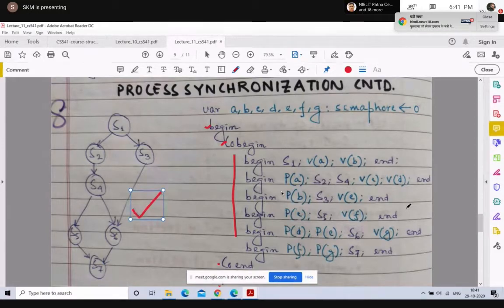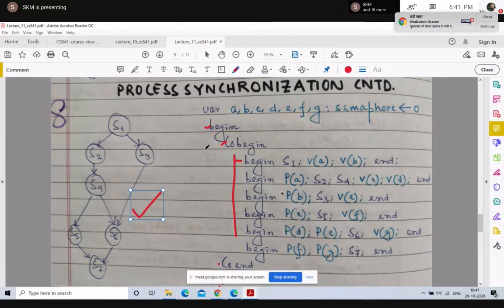Now let's see the first one. From the graph we can see that S1 executes first, followed by S2 and S3.